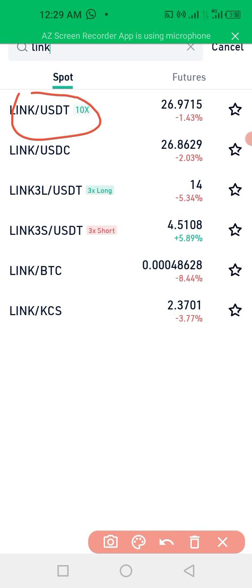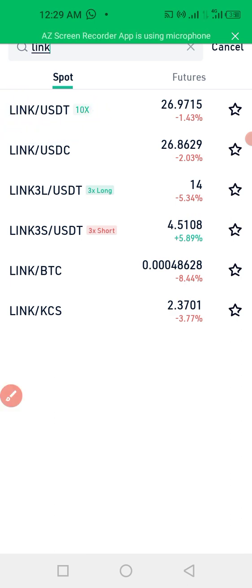So anytime I'm talking about spot trading, just know I'm talking about USDT slash any coin in the world, even slash Bitcoin as well. This USDC is equivalent to one USDT, they are different stable coins but they do the same work. There's also one they call UST, that one too is a stable coin. We have about five stable coins, if I'm not mistaken. The most major one is this USDT. So if you see the coin slash USDT, which is LINK slash USDT, and you want to trade it,